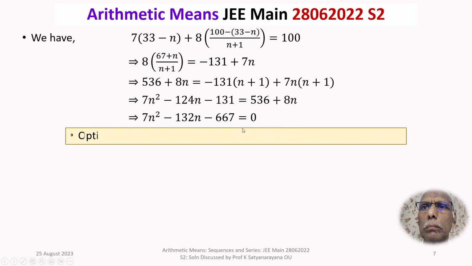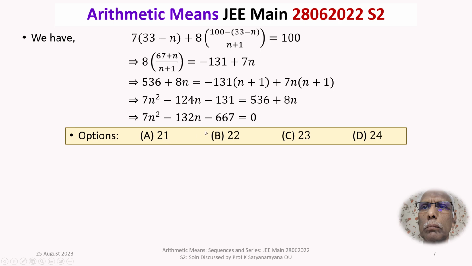So what we see is, we look at the options. What are we looking for? The value of n. Taking this, factorizing, then solving for n, it will take some extra time. Instead of that, we look at this one. So if n is equal to alpha is the root of this one, then that alpha must divide 667. So in these four options,